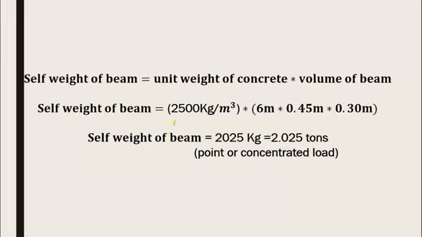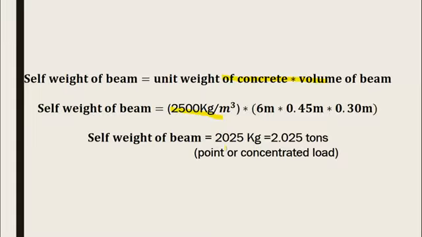Now, by putting the values in the previous formula, the self-weight of the beam is equal to the unit weight of concrete multiplied by the volume of the beam. We know that the unit weight of reinforced concrete is 2500 kilogram per meter cube, and the volume of the beam can be determined by multiplying length, width and height. So by putting values in this equation, we will get 2500 multiplied by 6 multiplied by 0.45 meter multiplied by 0.30 meter. After calculation, we will get